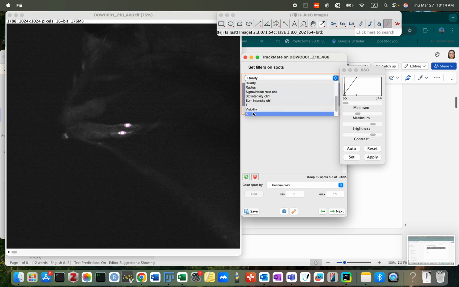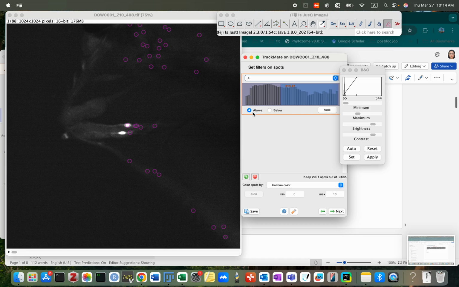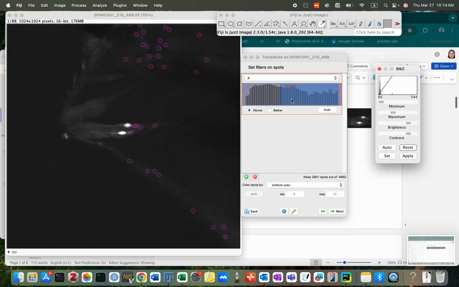First, we can set the filter by X and Y. Let's start with X. You can play with it above or below. Let's start with above. You play with the bar, and you see how the filter works, right? Because I'm working on neuron 0,